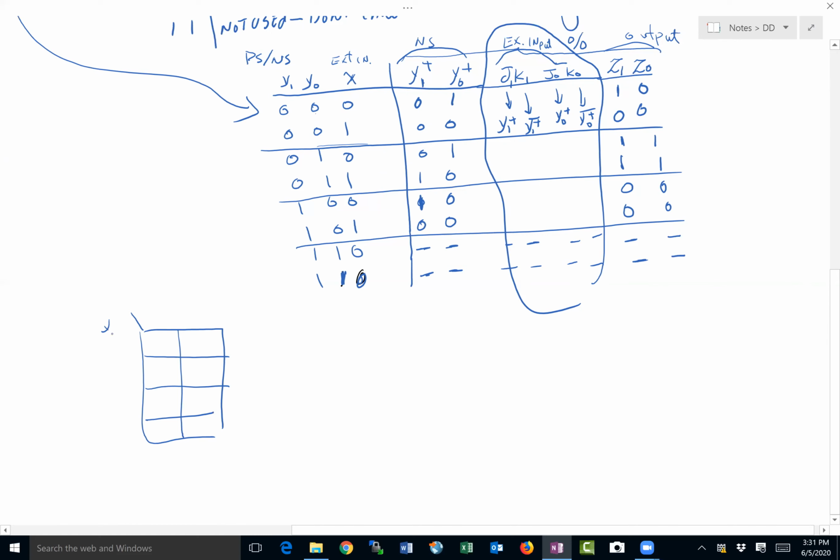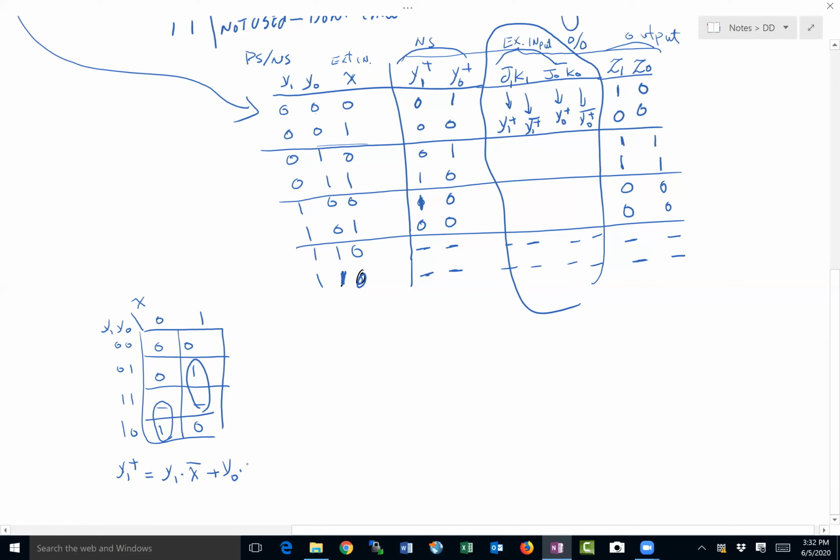And Y1, Y0 is here, 0, 0, 0, 1, 1, 1, 1, 0. And here is going to be my input, 0 and 1. And I'm just going to go through Y1 plus and see it's 0, 0, 0, 1, 1, 0, don't care, okay? If I do that, then the simplest relationship I can come up with is this, and therefore Y1 plus will simply be Y1 ANDed with X not, or